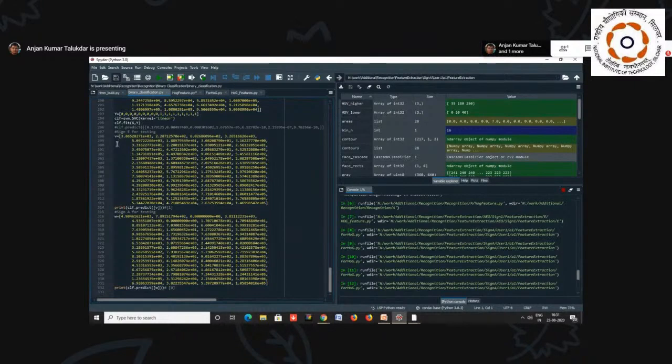perfectly classifying or not. Suppose I have given another input for testing. Then if you run it, you can predict the output using this command. Okay, so once you run it,